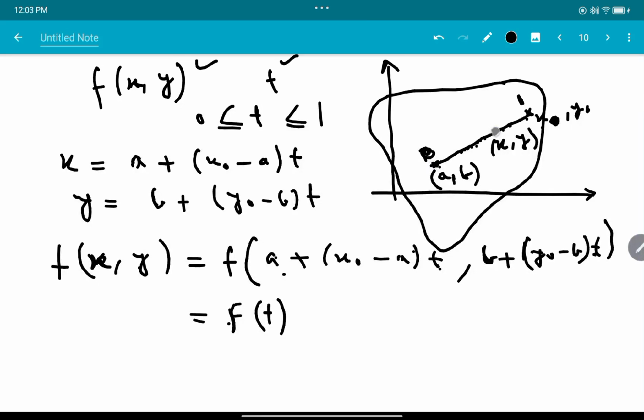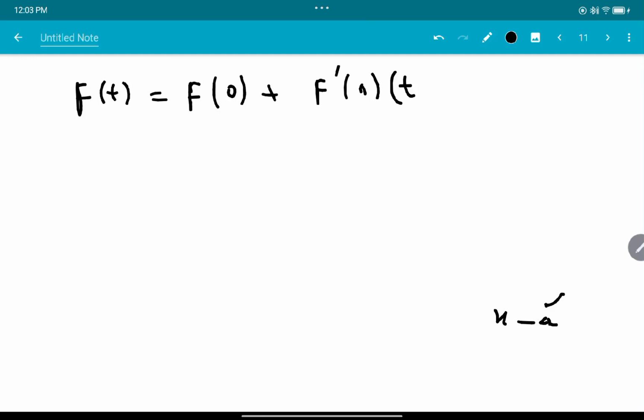I have to write t minus a, but for a, t is 0, so I write t minus 0. That is simply t. Then we have f double dash 0 divided by 2 factorial t squared plus and so on,